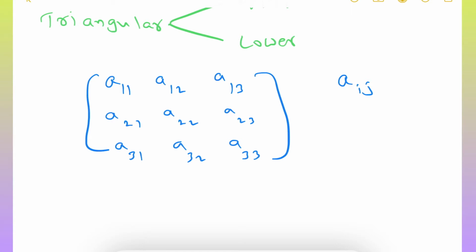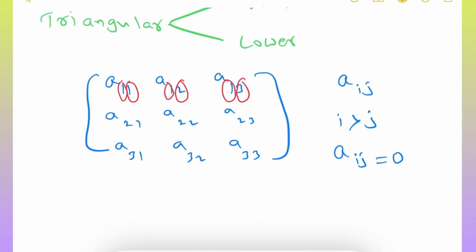i means which row it is representing and j means which column it is representing. Okay, now in these elements, wherever we have i greater than j, that element we need to make equal to 0. i should be greater than j. Here i is 1, and j also 1 only. So i is not greater than j. Next, here i is 1, j is 2. 1 is not greater than 2. i is 1, j is 3.